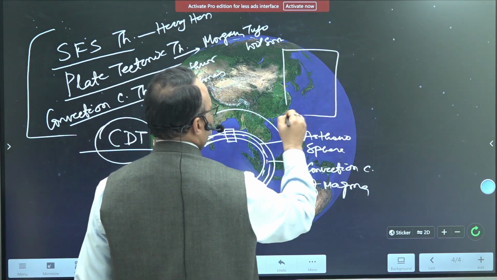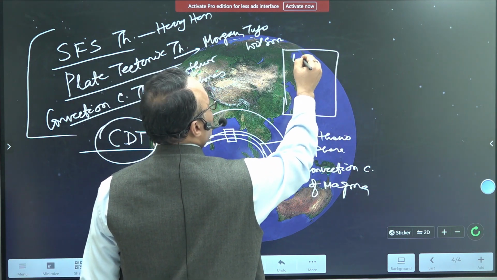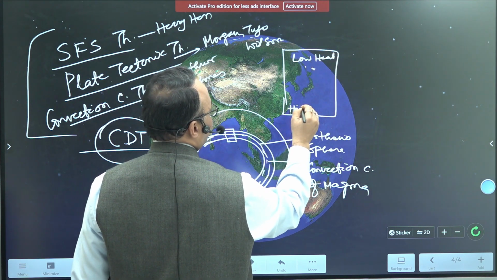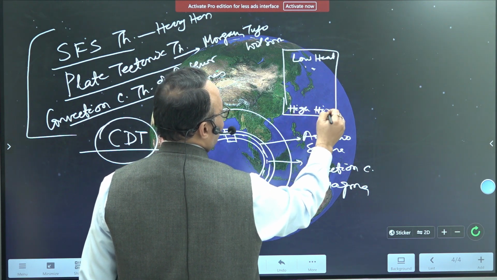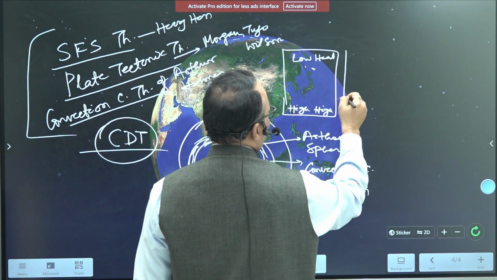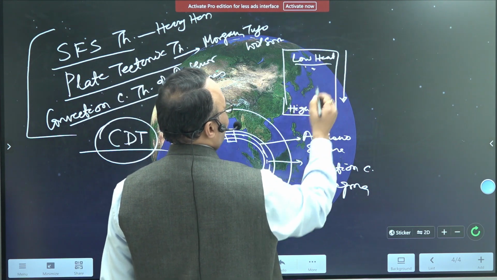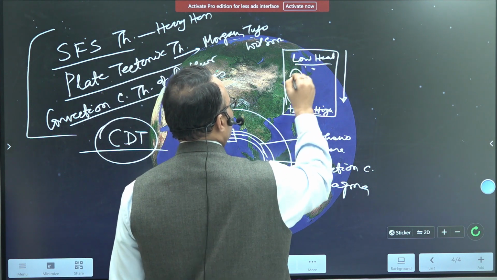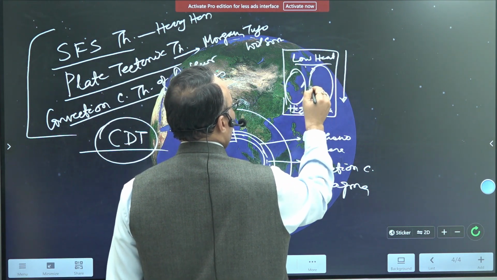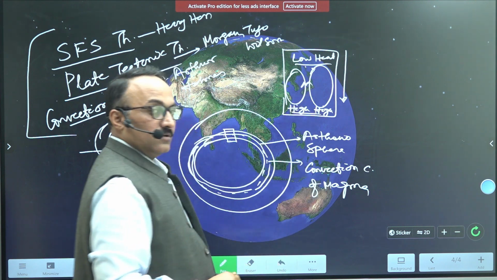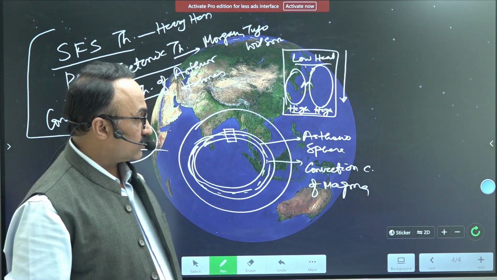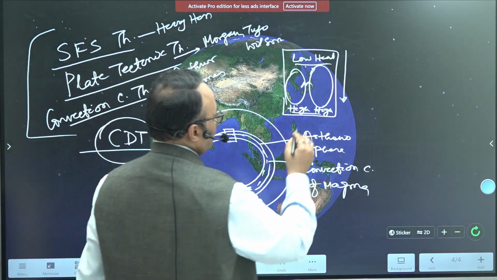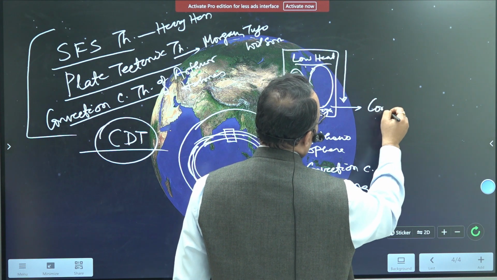So this is your asthenosphere, and in the upper portion there will be low heat, and in the lower section there will be high heat because of the geothermal gradient. So when you go inside, the earth's temperature increases. Because of the low and high conditions, there is a gradient of temperature, and that's why the movement of current starts. Magma starts moving in a vertical fashion so as to achieve the equilibrium of heat inside the system. So this convection current of magma